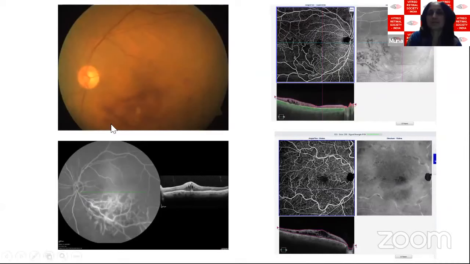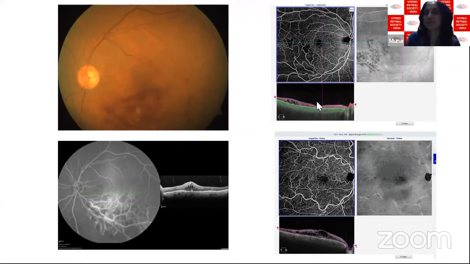This is a patient with a branch retinal vein occlusion. You see the hemorrhages, you see the cotton wool spots. The fluorescein angiogram shows leakage, and the structural OCT shows macular edema. But what does the OCT angiogram show you? This is the superficial capillary plexus of a patient with an inferotemporal branch vein occlusion, shows large areas of non-perfusion indicative of ischemia. This is the structural scan which shows that there are some cystoid spaces which are parafoveal in nature, and this is corroborated on the structural OCT.